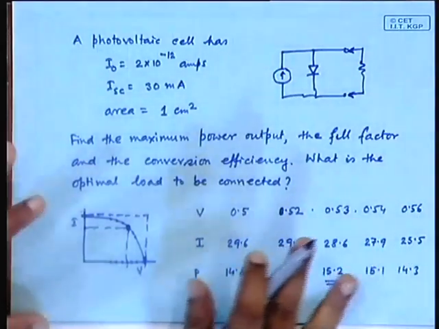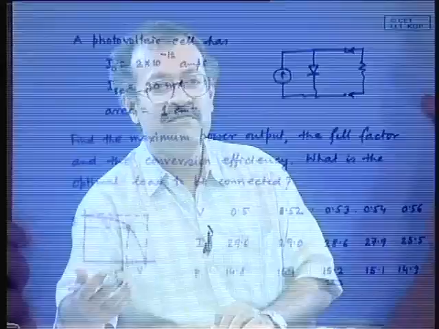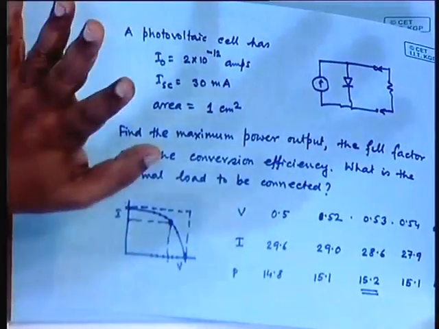Clear? That is how problems are to be solved. When you are actually given problems in the exams, that is how you do it. Normally, when we give in the exams, we will try to make it simple enough so that it can be done with a calculator. But when we give assignments, then you have to do it with a computer. Then you will have to consider RS, RSH and all that. Okay. Clear?